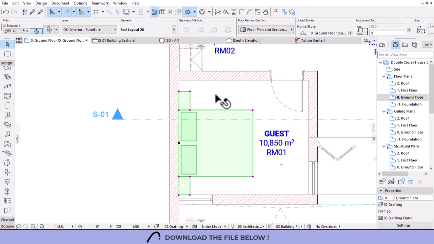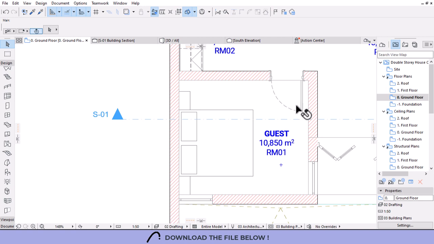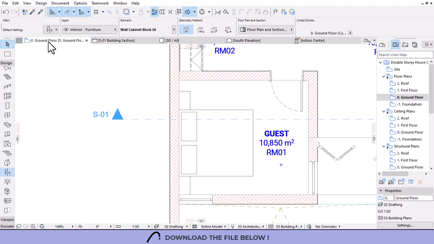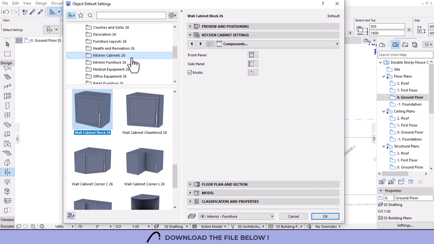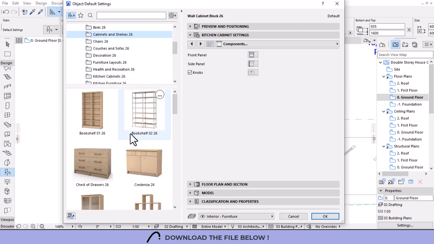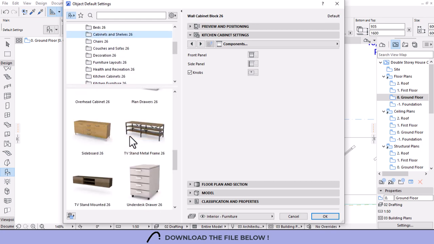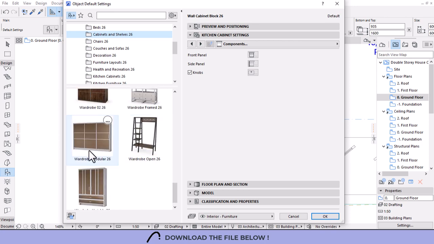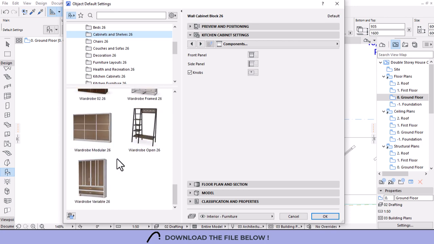Yeah, I think what we need also here is the closet for this room. So let's go back to object and then open the object settings. What we need to do here is, under the bedroom furniture, should be bedroom furniture or cabinets. Yes, we should have wardrobes, which are this. So I go for